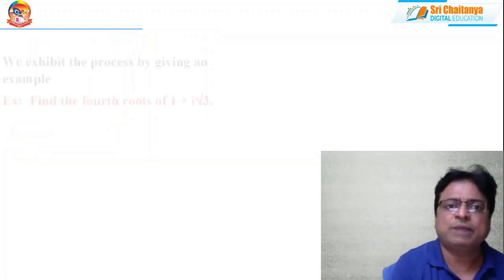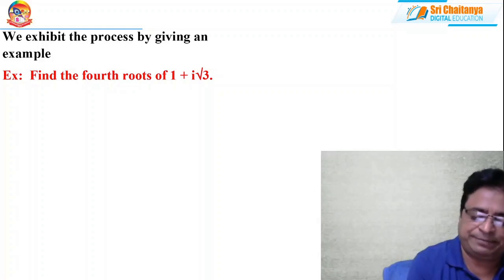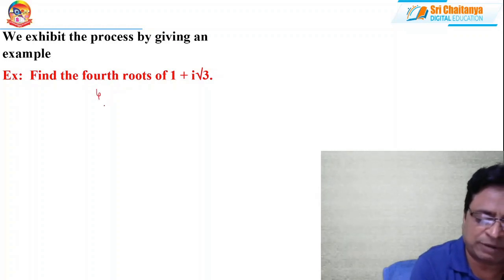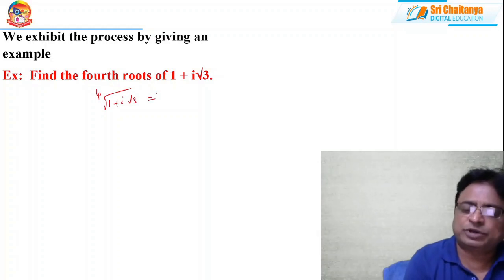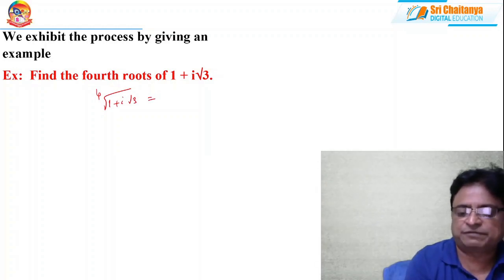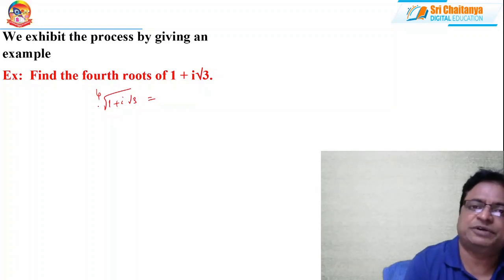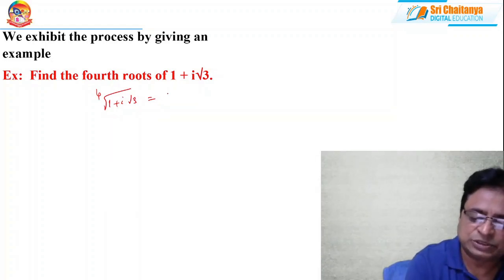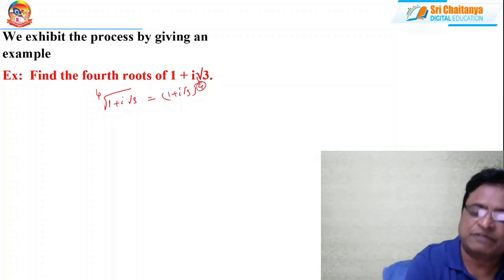Okay, my friends. Now coming to a simple example: find the fourth roots of 1 plus i root 3. Fourth roots means the fourth root of 1 plus i root 3. If it were the cube roots of unity or fourth roots of unity, since the complex number is very simple and general, it is very easy to extract them. So I can write this as (1 plus i root 3) whole power 1 by 4. How many roots will exist? 4 roots will exist, because the denominator is 4 here. So this complex number possesses 4 different roots.